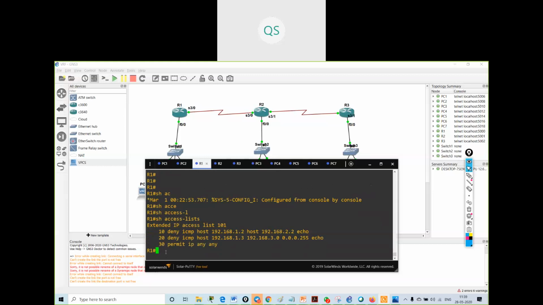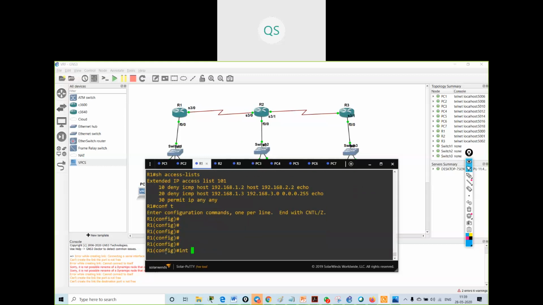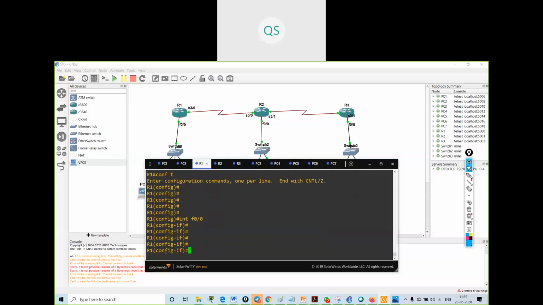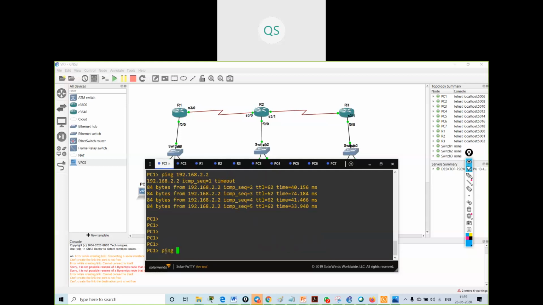So now I will implement it on interface FastEthernet 0/0. I will say ip access-group 101 and the direction will be in. Now ping 192.168.1.1.